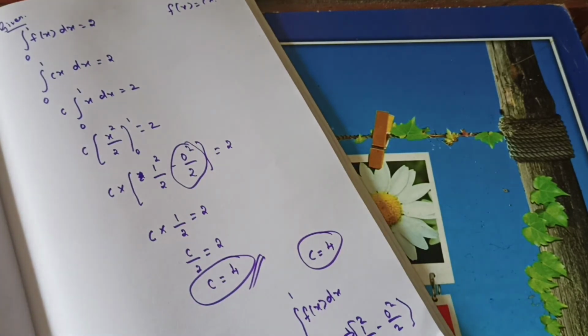Understand? So you can check the answer like this. So this section is fully over. Okay students? So next one is properties of definite integral. First I will explain all the properties, and afterwards we will do the problems. Their proof is also there, so they are important things. You need to learn all the properties and take everything to your notes.